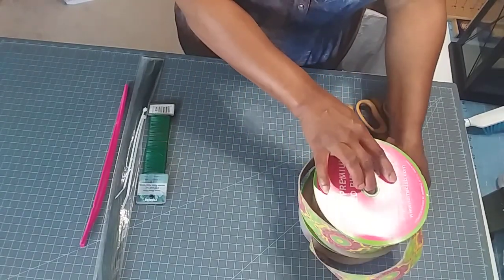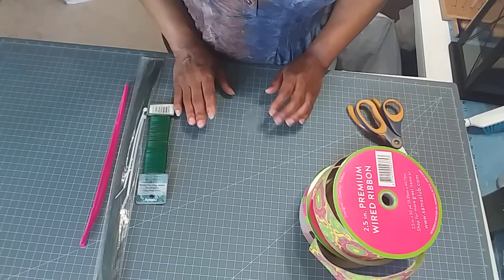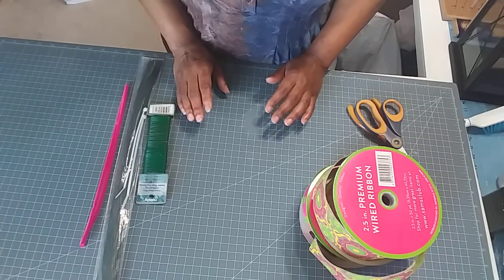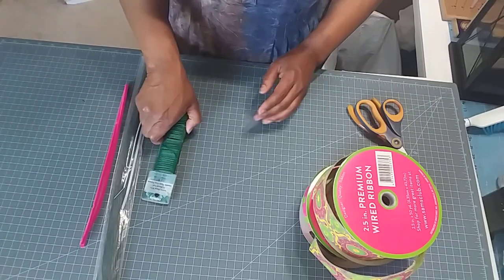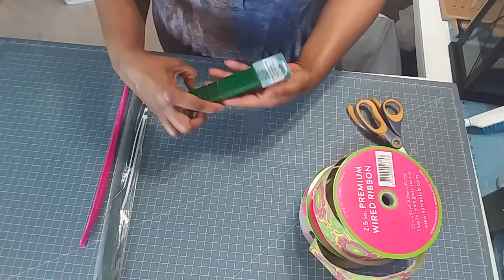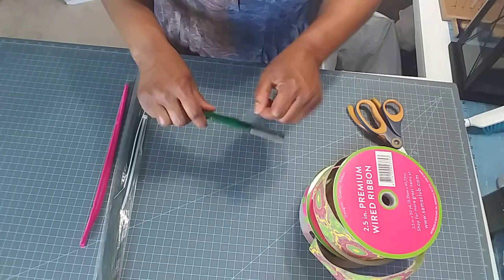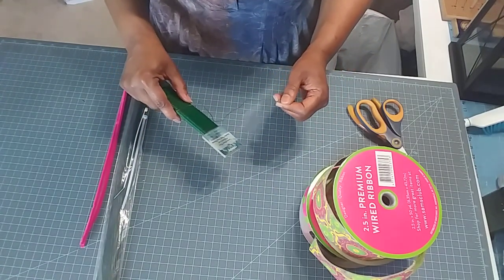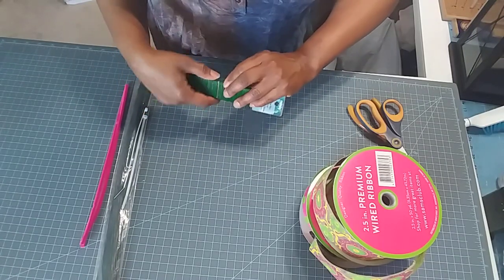Also, you will need something to hold your ribbon pieces together. So I have 4 options on my table that you can use, and all of them are equally as good as the next. It just depends on your preference. So here we have a 22 gauge paddle wire, and it's on this paddle. All you do is you unwind how much wire you need, and usually I would say about 12 inches. You would cut your wire 12 inches in order to make a bow,